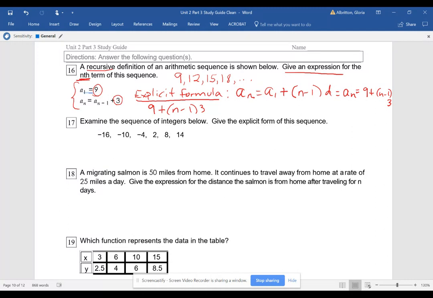So if I actually simplify this, what I mean by that is use the distributive property, right? And get 9 plus, what's 3 times n? 3n. What's 3 times 1? Negative 1, negative 3. And then if I combine my like terms, 9 minus 3, I'll end up with 6 plus 3n. This is the expression that will help me find any term, the nth term, no matter what n